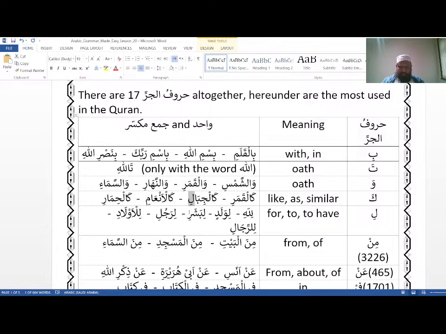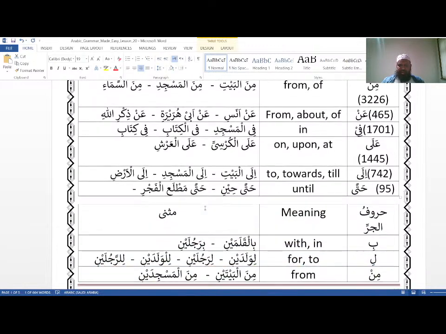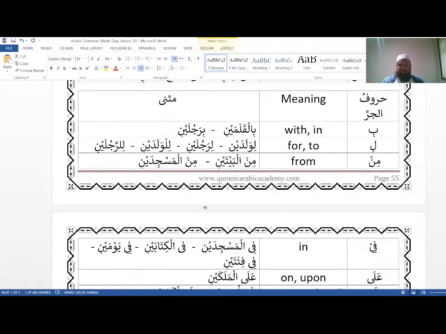Okay. Now let's look at muthanna with the ba: bil qalamaini. Original was qalamani with the alif and nun. Qalamani, that is in halatul rafa. In halatul nasab and jar with the ayni sound, ya ma qabal fatha, ya before the fatha, nun kasra. Bil qalamaini. Bi rajulaini. With the lam: لولدين، لرجلين